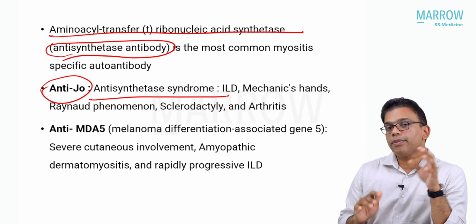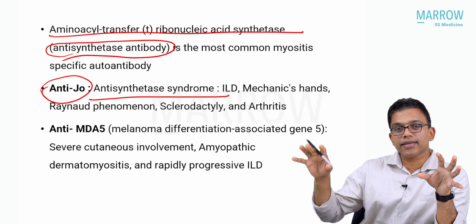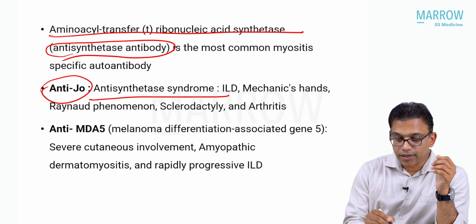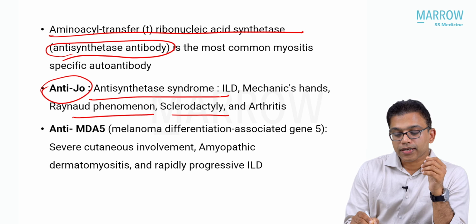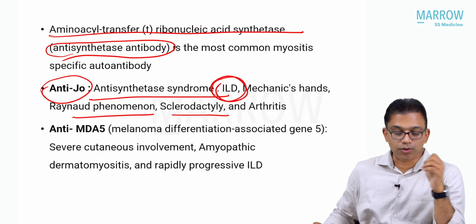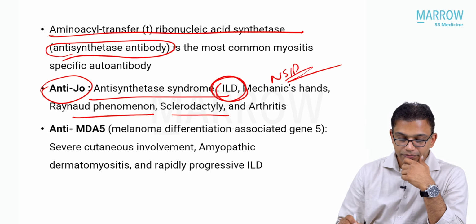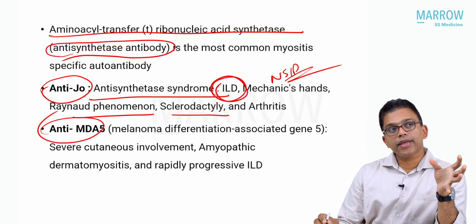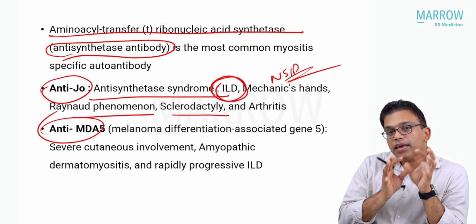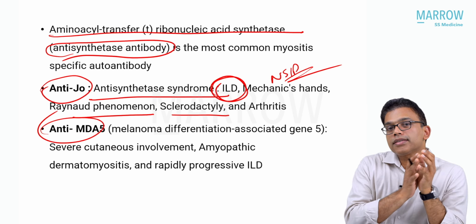and that is characterized by, as I told you earlier, skin manifestation, arthritis, mechanic's hand, Raynaud's phenomenon, sclerodactyly, and to our interest there can be interstitial lung disease also, and among them NSIP pattern is very commonly seen. MDA5 is very significant because the ILD which is associated with this kind of myopathy or myositis has got a